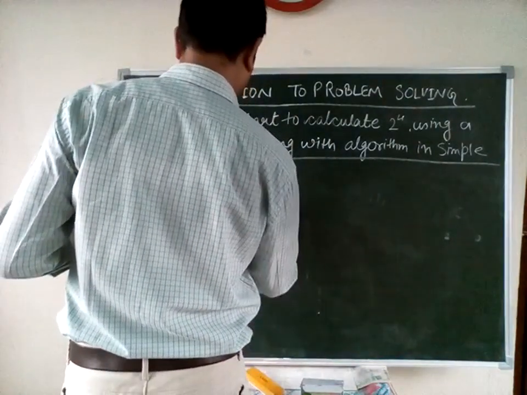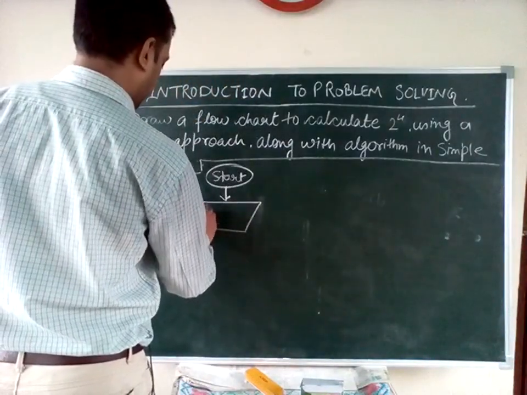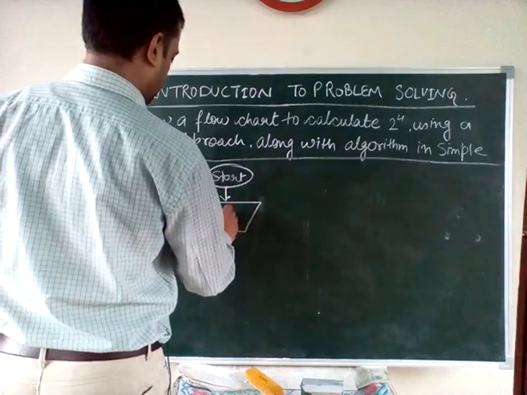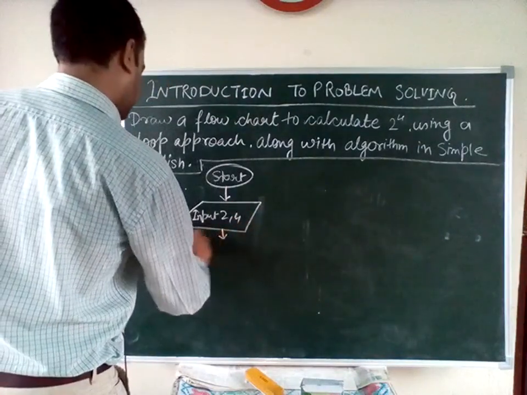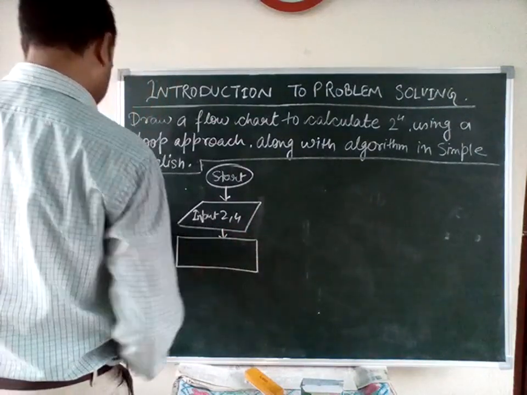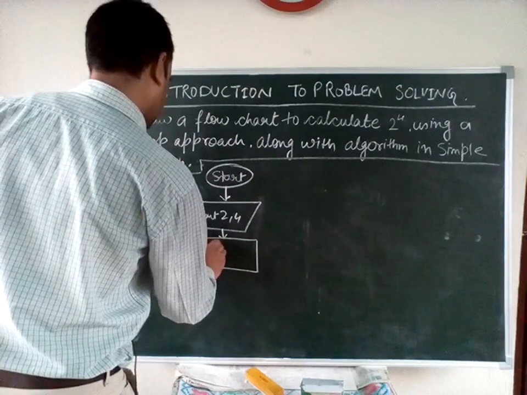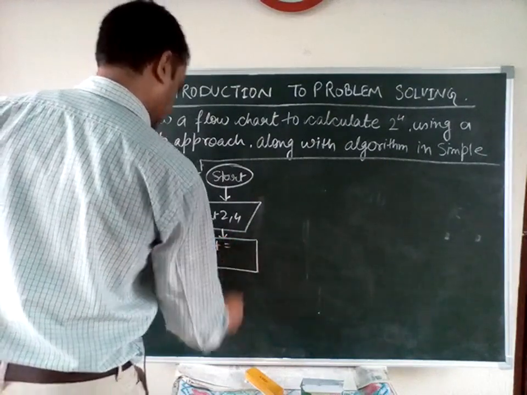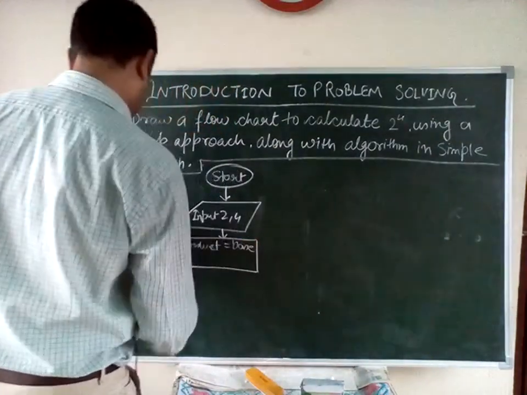Input values must be in this tilted shape, input 2 and 4. Then after that you will process it. So the processing part must be in a solid rectangle. So this is your product equal to base,